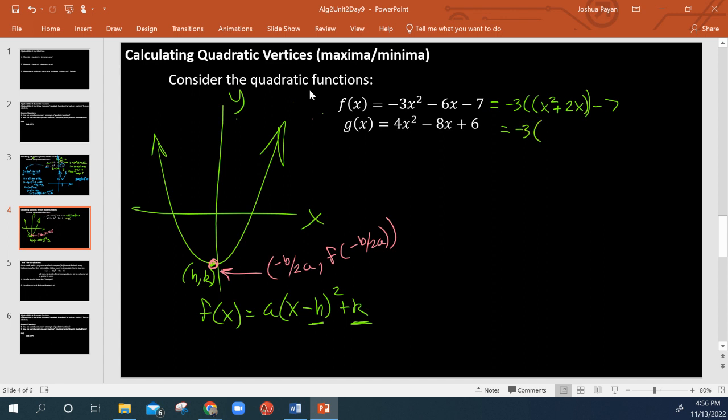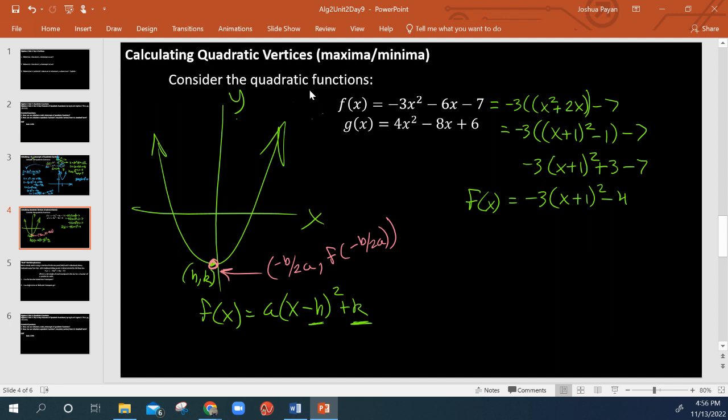So negative 3 times x plus 1, all squared, minus 1. Minus 7 is still sitting out there. Redistribute the 3 back inside. Okay, and we have, this is our vertex form. Okay, so we know now that our vertex happens,